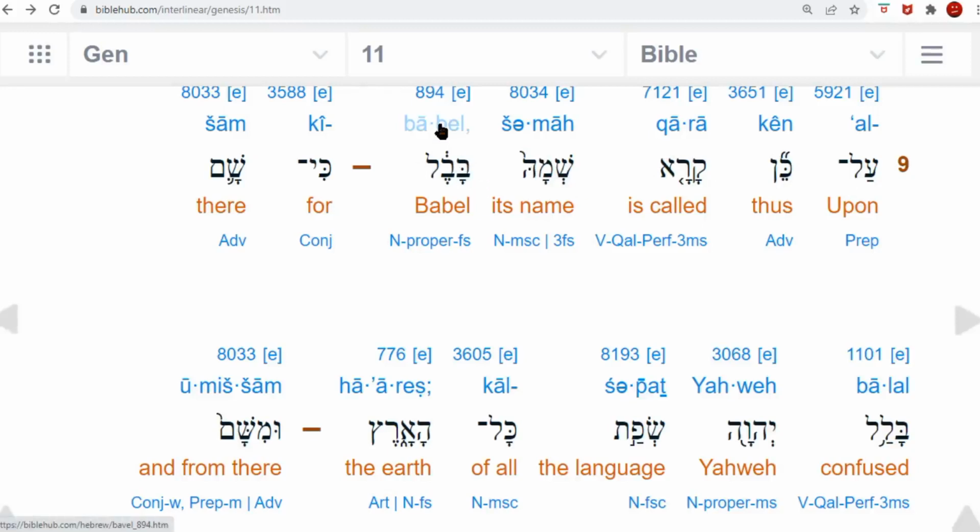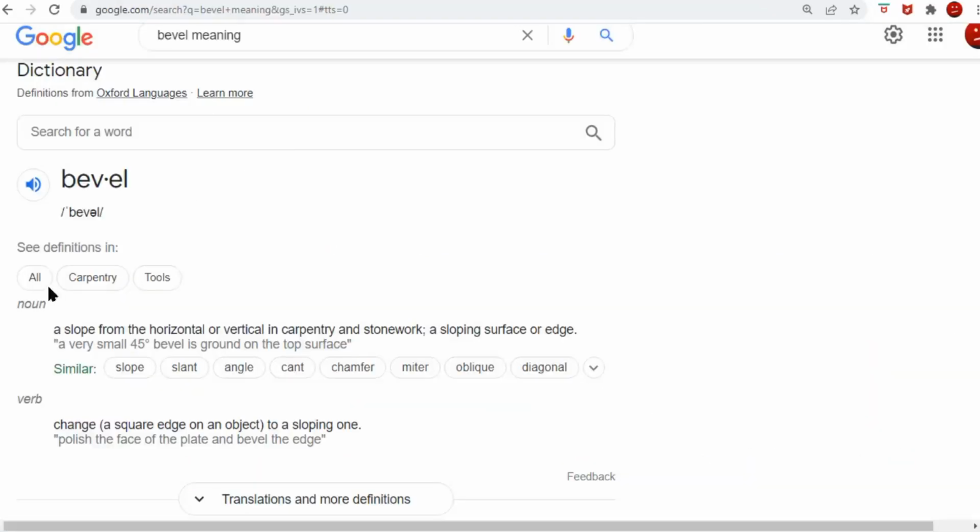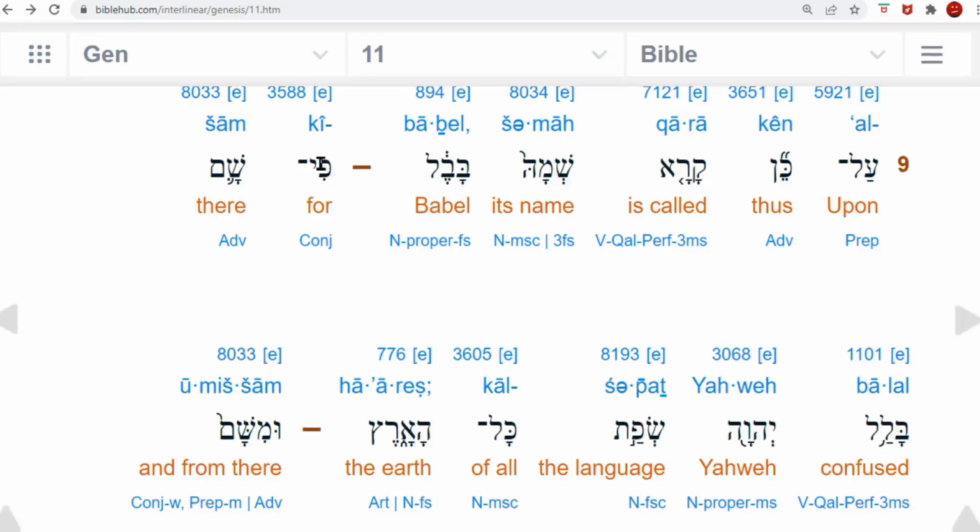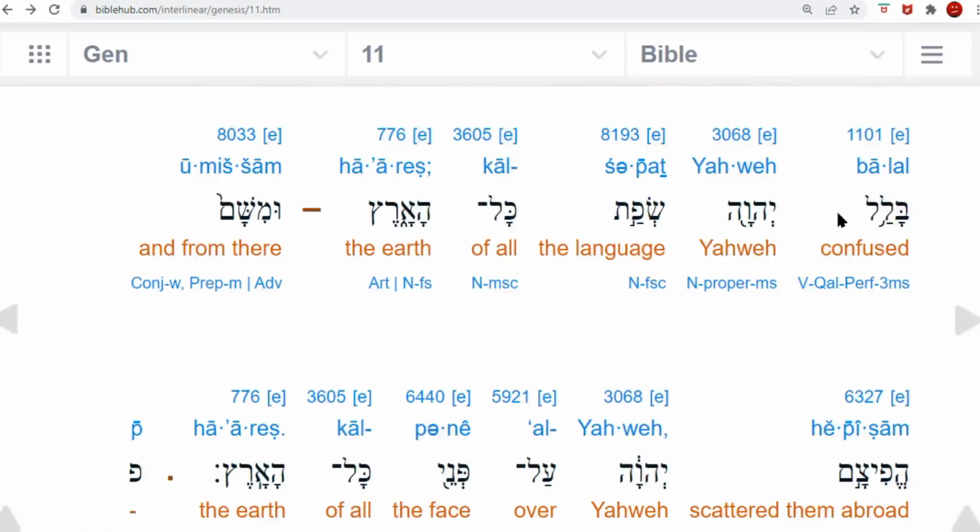This is bevel. BVL is what you got here. BVL, the bevel. Bevel is a slope from the horizontal or vertical in carpentry and stonework. Then key, is given for or because of, and to give misses backwards and forwards, M-S-E-S, to give misses. Believe, L-I-E-V-E,